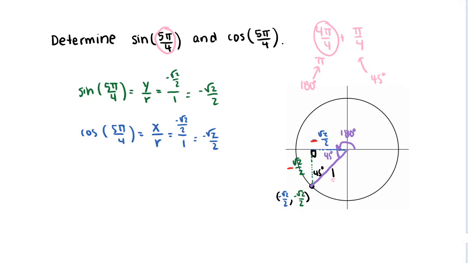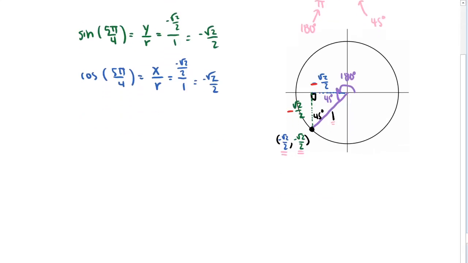Okay, and so I want to go back to this idea of using the unit circle here, so we can notice that what we ended up here with sine of 5 pi over 4 and cosine of 5 pi over 4 were exactly these values. Right? And because sine and cosine take the y-coordinate and the x-coordinate and divide it by the radius, when we're dealing with the unit circle, the radius is just 1, and so in general for the unit circle,